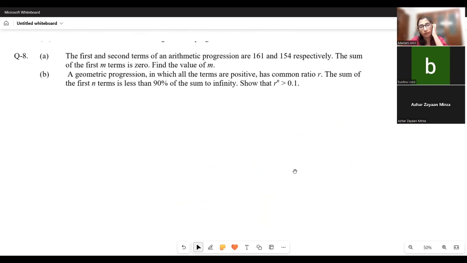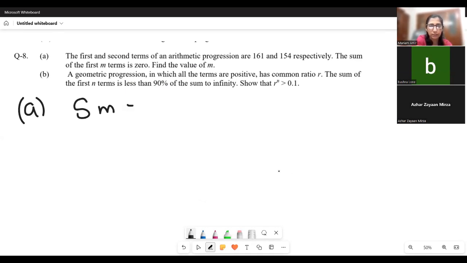The first and the second terms of an arithmetic progression are 161 and 154 respectively. The sum of the first m terms is 0. Find the value. The first and the second term of an AP are 161 and 154. The sum of the first m terms is 0. And also we know the first two terms, 161 and 154. So it's an AP,